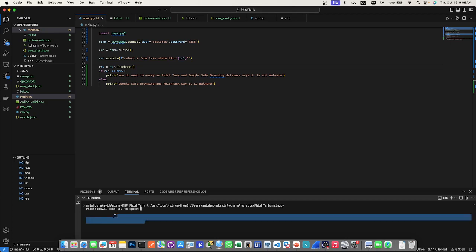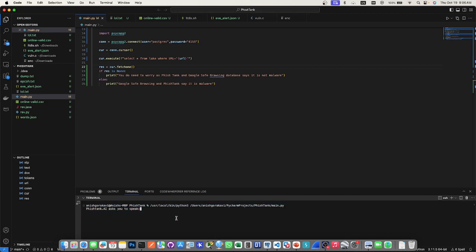So it'll say PhishLake.ai wants you to speak. And then you would type in, hey, I'm going to type in deliberately bad grammar, to know if a URL is phishing or not. Then you would enter a URL. In this case, we're going to enter some malicious URL, which would be